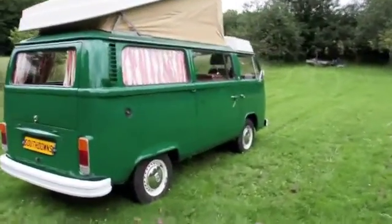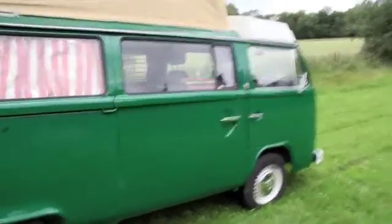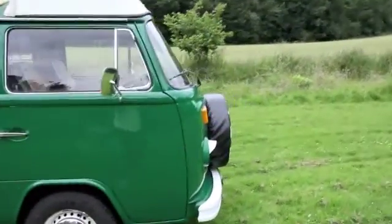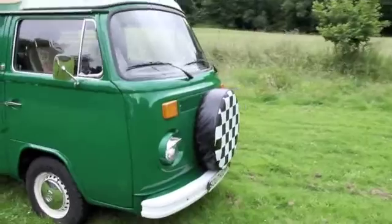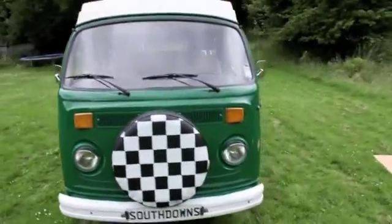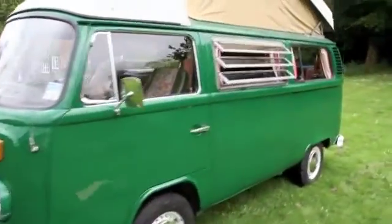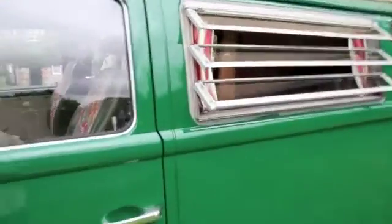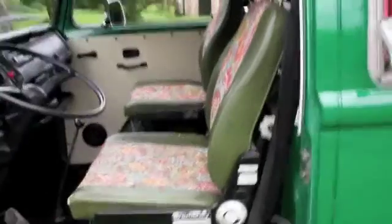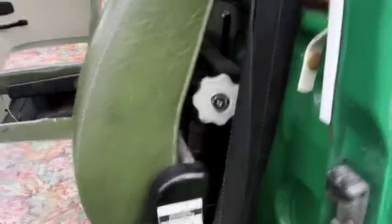First registered, I think, 1975, but the registration document says that the DVLA think it was 1978. Fits with the 1975 bus, and I've yet to finally establish it through the chassis number, but I'll do so later. Very nice spec with some rather extraordinary seats for both driver and passenger, in that by adjusting this dial,